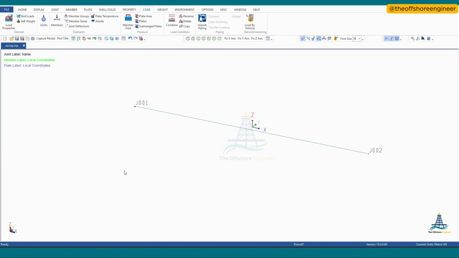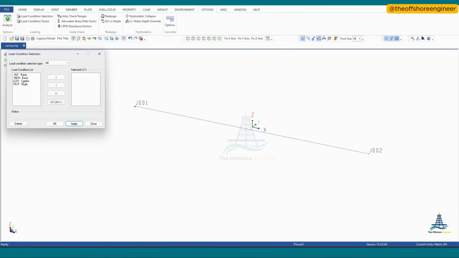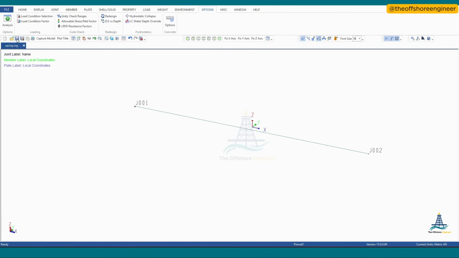Now when you run the analysis, you will get the result for all the cases. Now you want only the result for a final load combination. In that case, to select it, you can come to options and come to load selection. You can click on this one and click apply. So what it will do is show the final load combination for only this one. Now save it. So to run the analysis, what we need to do is,